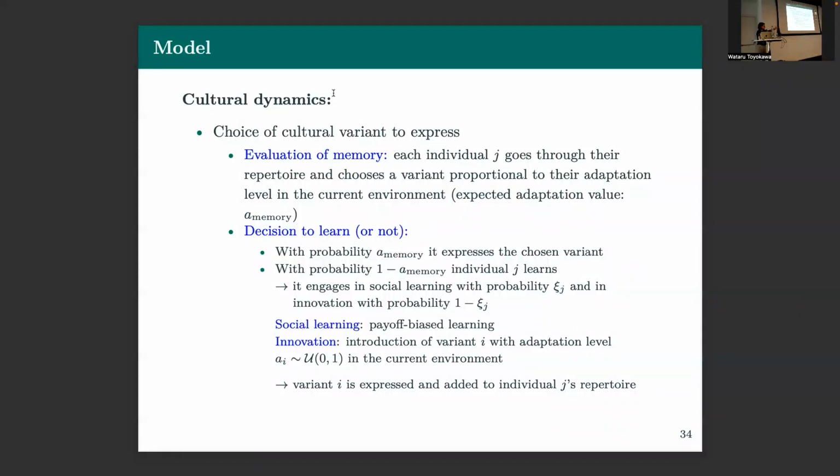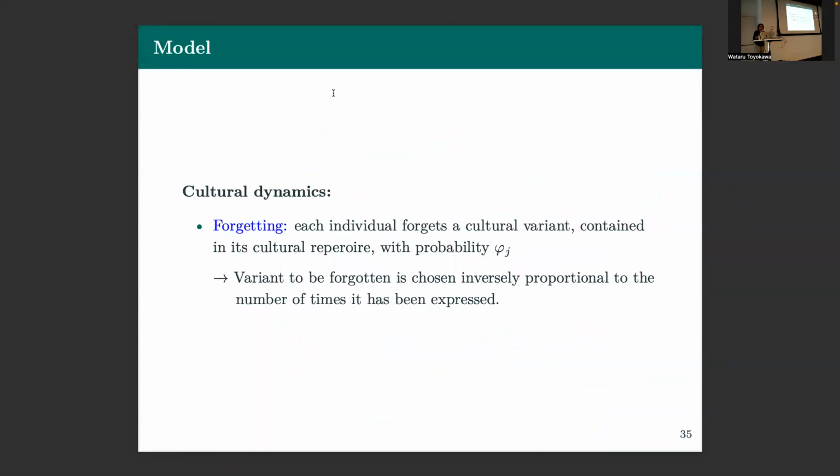Okay, now we have our variant, either obtained through social learning or innovation. So we express this variant and put it in our cultural repertoire. We are almost done, promise, because we don't only allow our individuals to add things, we also allow them to forget things, because we want them to be able to shape their cultural repertoire. So each individual forgets the cultural variants contained in its repertoire with a certain probability. And that's basically the second genetically inherited probability. Variants to be forgotten are chosen inversely proportional to the number of times they have been expressed. We keep track of how often we use a variant,